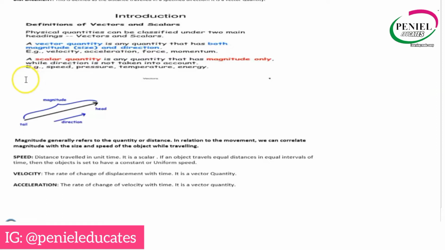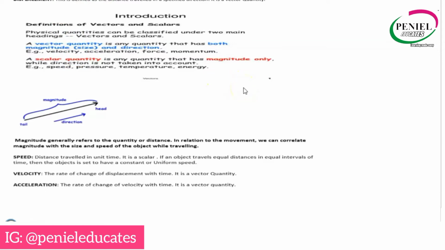Now, there's something that I want you to understand here, that the position of a point in space is determined by its distance and direction from other points. Now, displacement, as we discussed earlier, is about the distance traveled in a specified direction, and we said it's